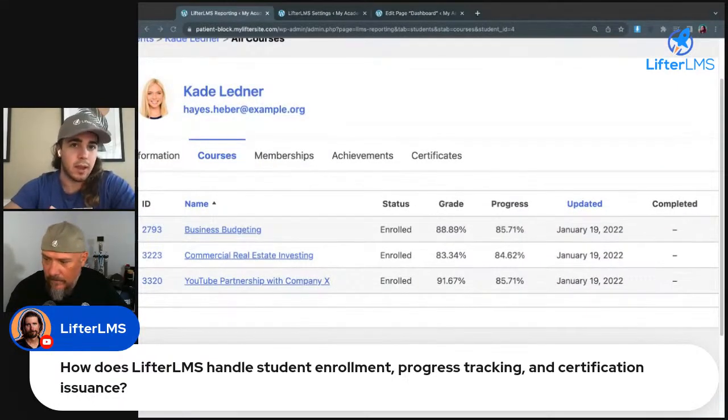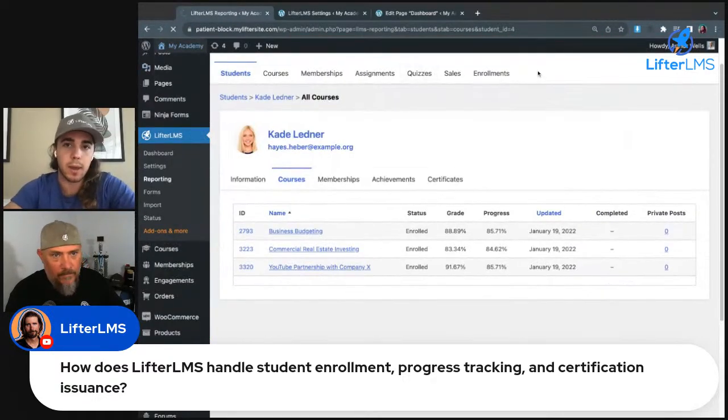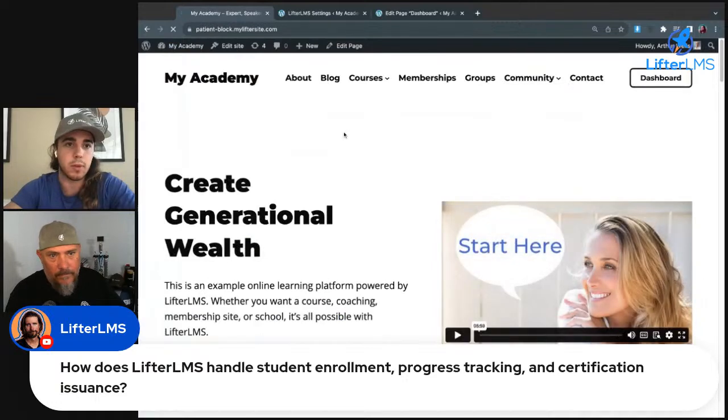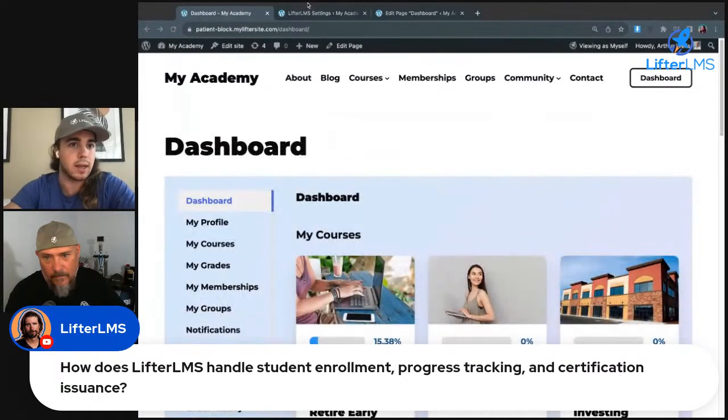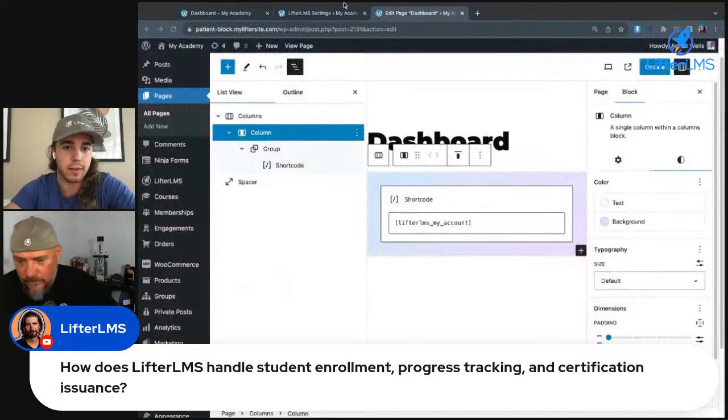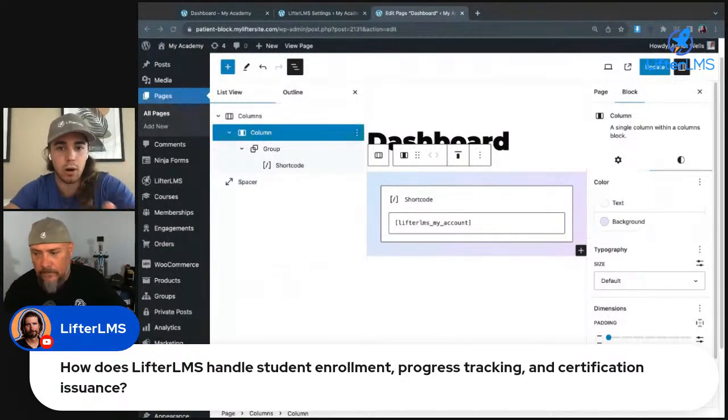So we can export that data. The students can see that data on their account page, and we can do some different things with it. But the WordPress website does track all of that. It's stored within the WordPress database, so it's all there to be custom developed or manipulated however you wanted to with that data. So that's how you enroll in the course. That's how progress is tracked.